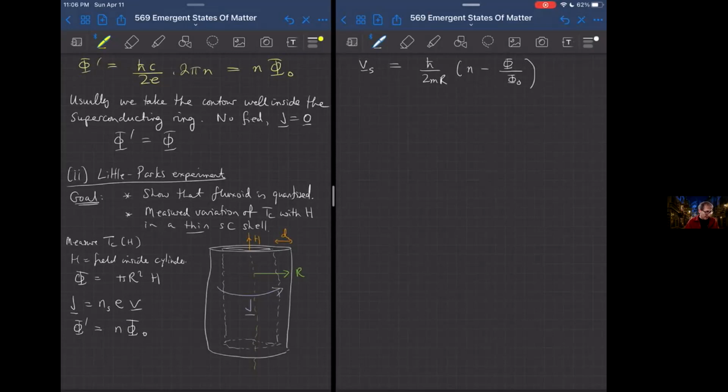Okay, so this is a bit complicated. So let me tell you where the superfluid velocity is coming in here. So just to remind you that the way I want to think about this is I want to think about the superconducting free energy per unit volume. Let me write this as